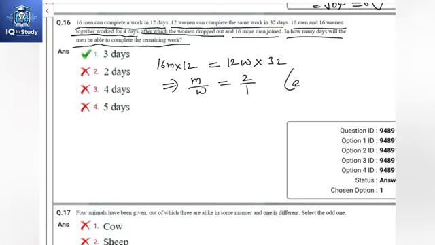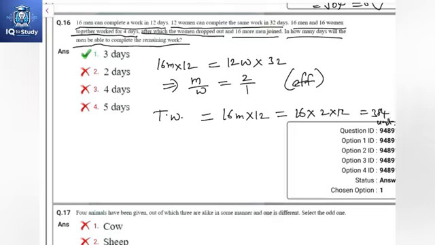Let it be the efficiency. So the efficiency of one man is 2 units and efficiency of one woman is 1 unit. Total work is equal to 16 men into 12, which is equal to 16 into 2 into 12, which is equal to 384 units. Work done by 16 men and 16 women in 4 days is equal to